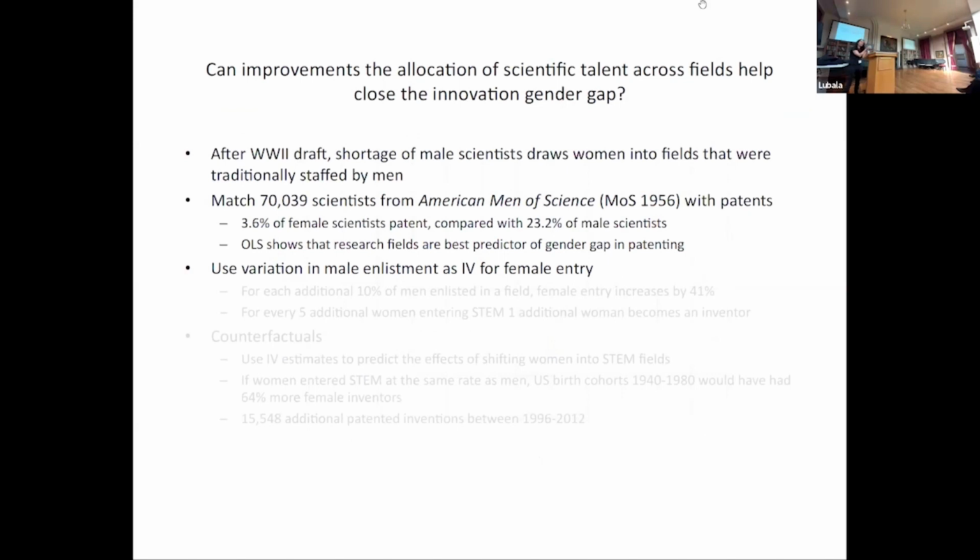So at some point in time, at least, you have women drawn into science and into different fields where they may not have otherwise gone, to take these spots. And when that happens, you see a huge shift in output. So closing the gender gap goes from 118 years to 46 years just by moving people into these fields. So yes, moving people across these fields would really help. We should probably